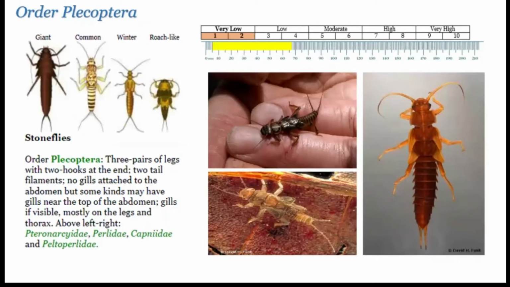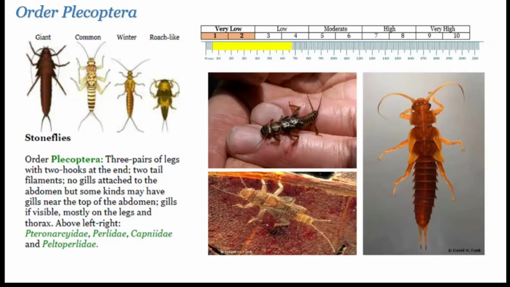Plecoptera are the stoneflies. They are the most sensitive order of all macroinvertebrates. They have low sensitivities to a variety of insults. So if your stream doesn't have stoneflies in it, perhaps there's a problem, but it also could be a stream type because stoneflies typically like fast, clear, cold water. They're more common in headwater streams or fast moving streams. So if you have a slower moving stream, you're most likely to not find stoneflies. So that doesn't necessarily mean your stream's not healthy. It's just not an environment they prefer.